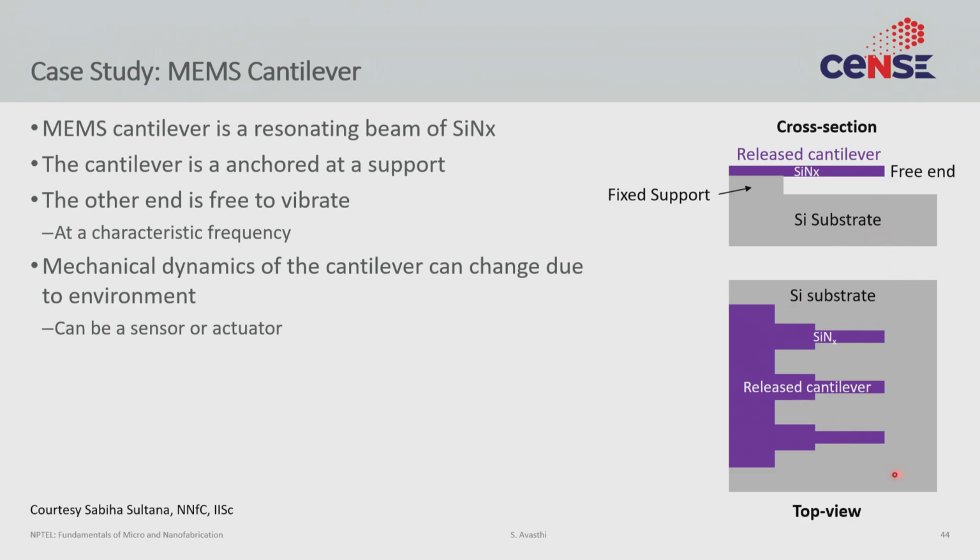Looking from the top, this is what the cantilever would look like. This is the cross-section view, this is the top view. Some amount of silicon nitride is on this fixed support, but beyond this edge, this much silicon nitride hangs out. Looking from the top, it's a strip. It's not a membrane, it's a strip. We have to figure out a way to define the silicon nitride, and to etch the silicon underneath the nitride so you actually have this overhang. And of course, you need some lithography steps to define what these features are.